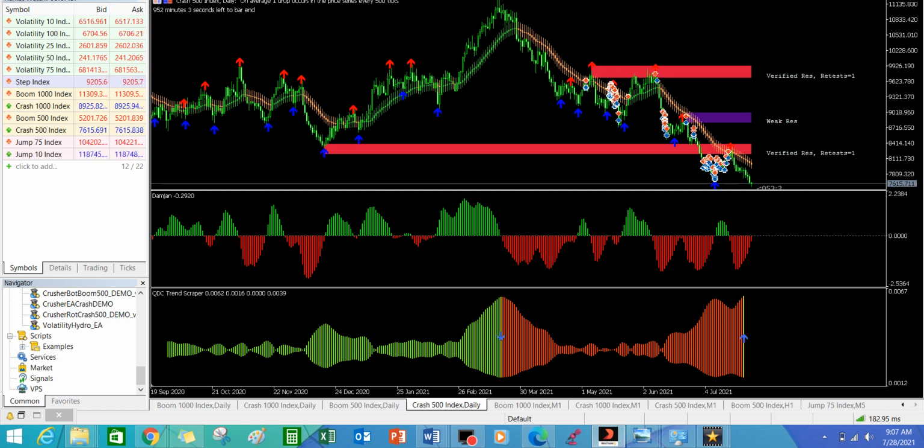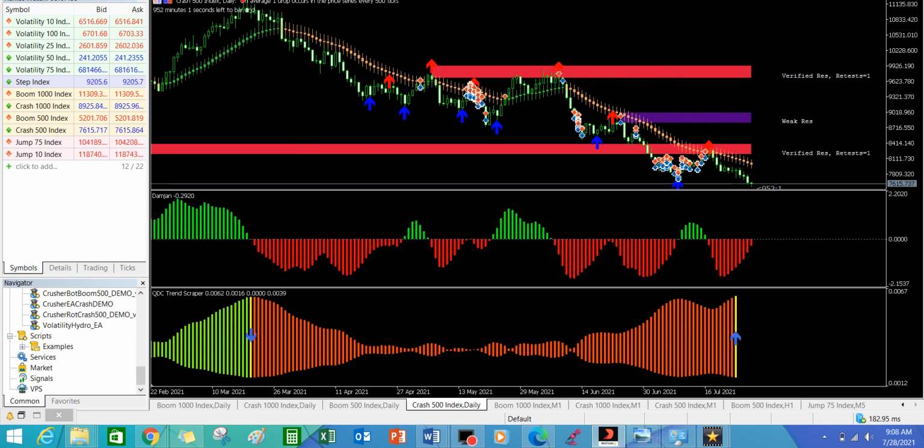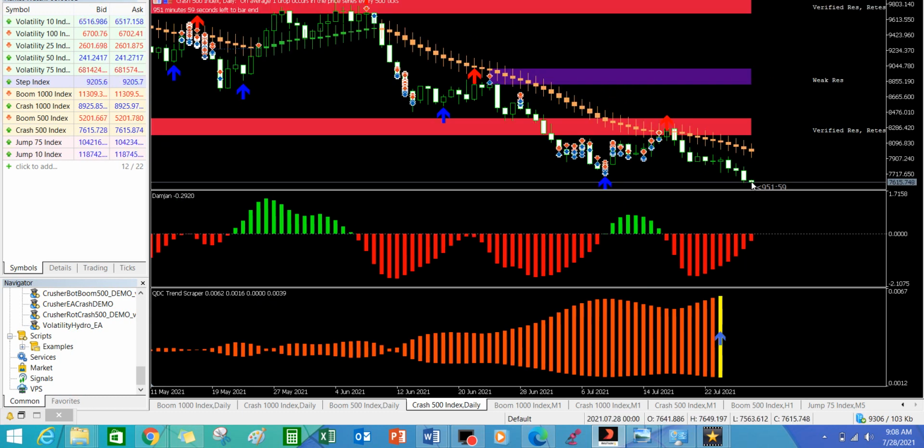So let's check out what is going to happen on today's candle. For today's candle, it is still giving us more of a bearish movement than a bullish movement. So for Crash 500, it is still giving us more of a bearish movement than a bullish movement, but later in the day it might go on a bullish movement fully. So you guys can take advantage of that because the trend is actually changing from downtrend to uptrend. That is how amazing this is.